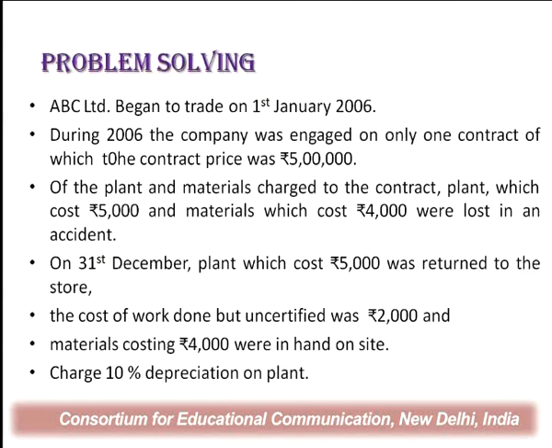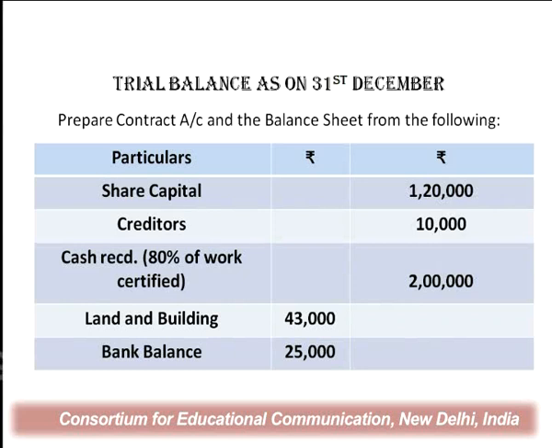Charge 10% depreciation on plant. It doesn't say 10% per annum. It says charge depreciation 10% on plant. So whatever the value of the plant that has been issued, we will charge 10% depreciation on the plant, right? So trial balance on 31st December is given: share capital, creditors, cash received, 80% of